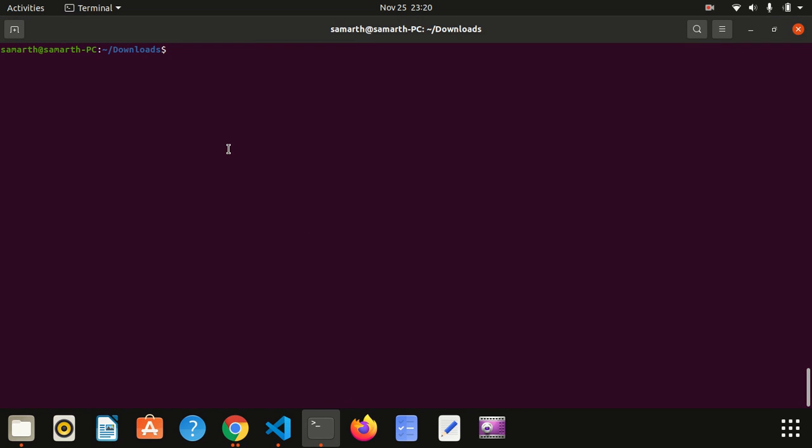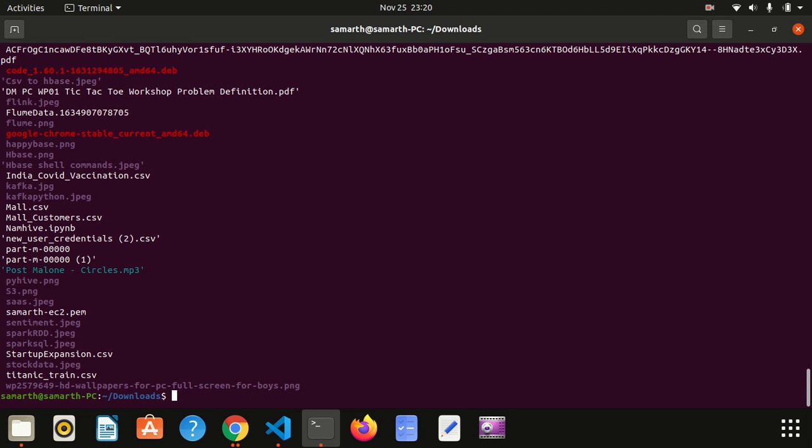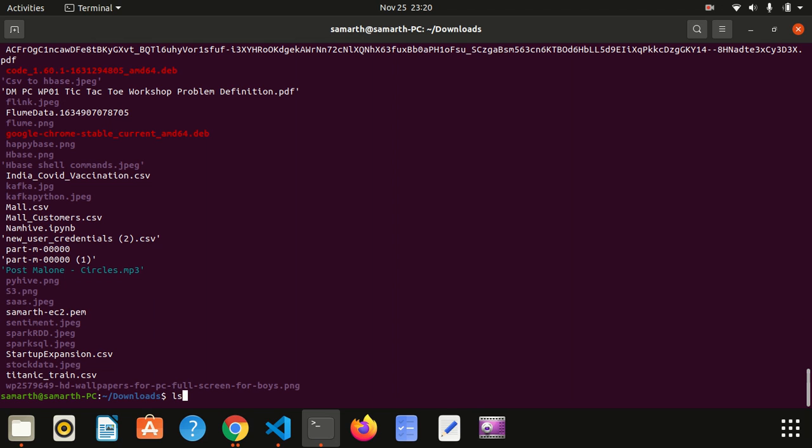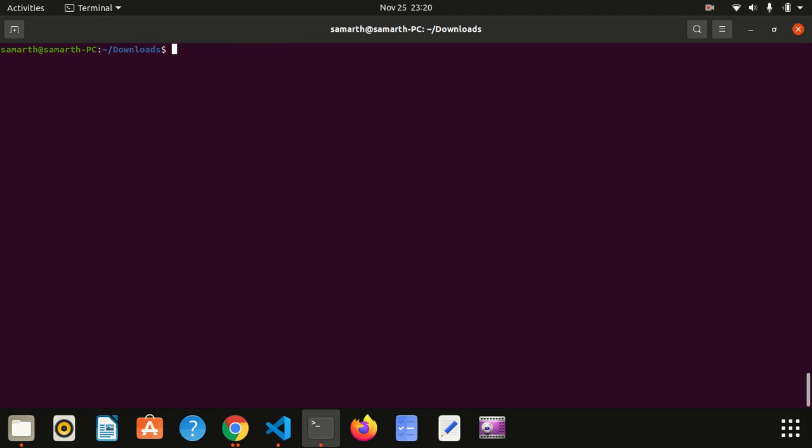First you go to the location where your key pair was downloaded. That will be in .pem format. You can see this is the key I had generated. So you'll give chmod 400 permission for the file that you have downloaded.